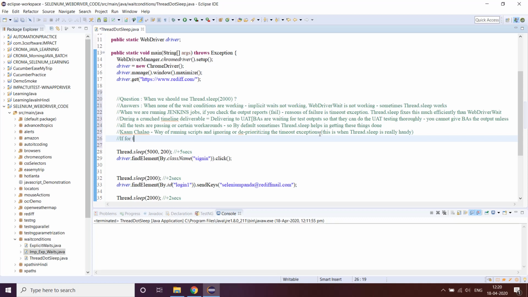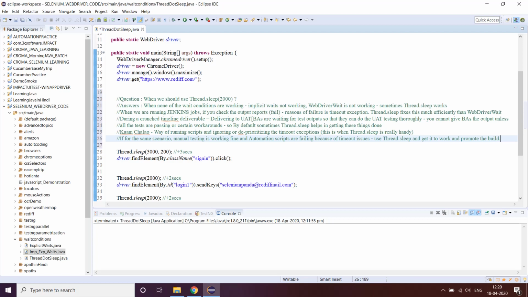If for the same scenario manual testing is working fine and automation scripts are failing because of timeout issues, use thread.sleep and get it to work and promote the build.